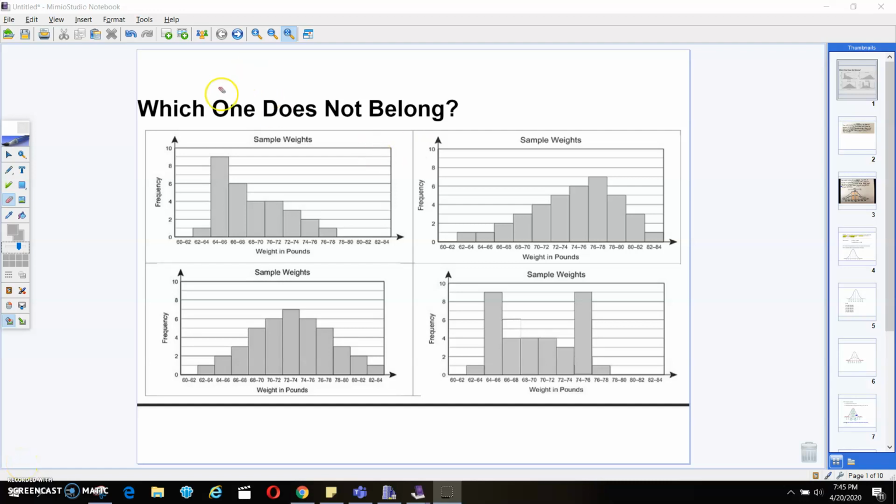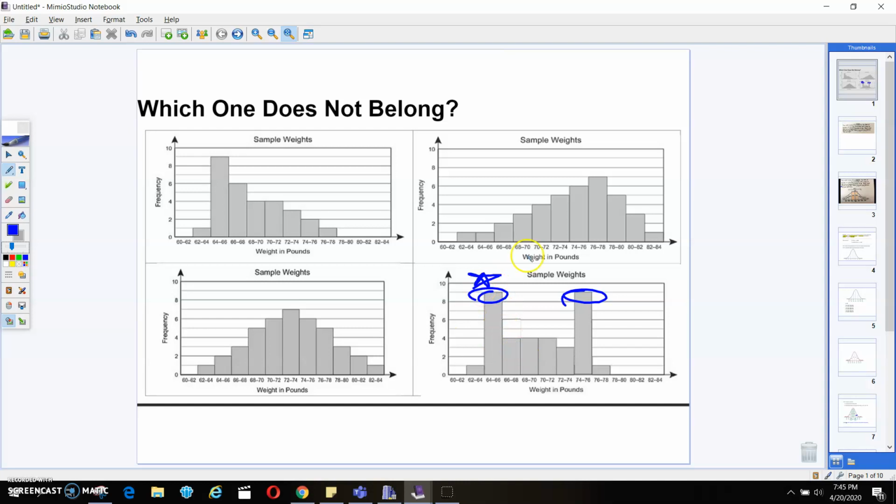All right. Hey guys, so the first thing that you're supposed to do today is the which one doesn't belong. So you're going to pick one of these graphs. You're going to say, hey, this one doesn't belong because of this reason. So for instance, I would pick this one because this has